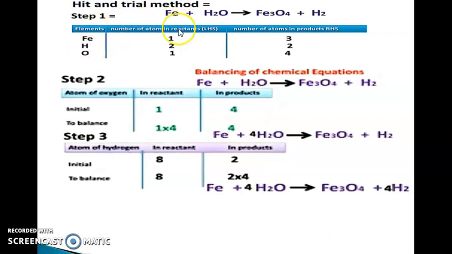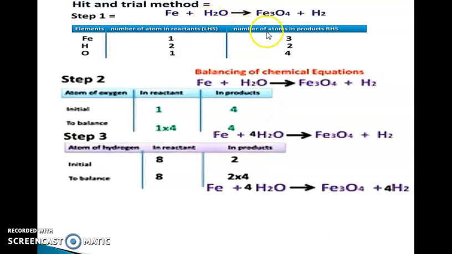After that, the second column represents the reactant side, or we can say the LHS side. Here we will write the total number of each element present on the reactant side. So Fe is present in 1, means a single atom of Fe is present, so 1 is written here. 2 atoms of hydrogen are present on the reactant side, so here 2 is written. 1 atom of oxygen is present, so here 1 is written. See, this 2 which is subscripted along with hydrogen represents atoms of the element.